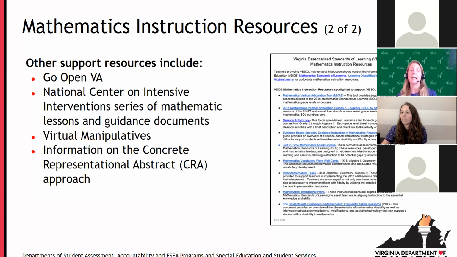On the next slide, there's a highlight of some of the resources that are available that we've listed for you. One of those is the concrete representational abstract linked resources, and that allows you to use research-based strategies to move from the use of manipulatives to pictures to more abstract representations.